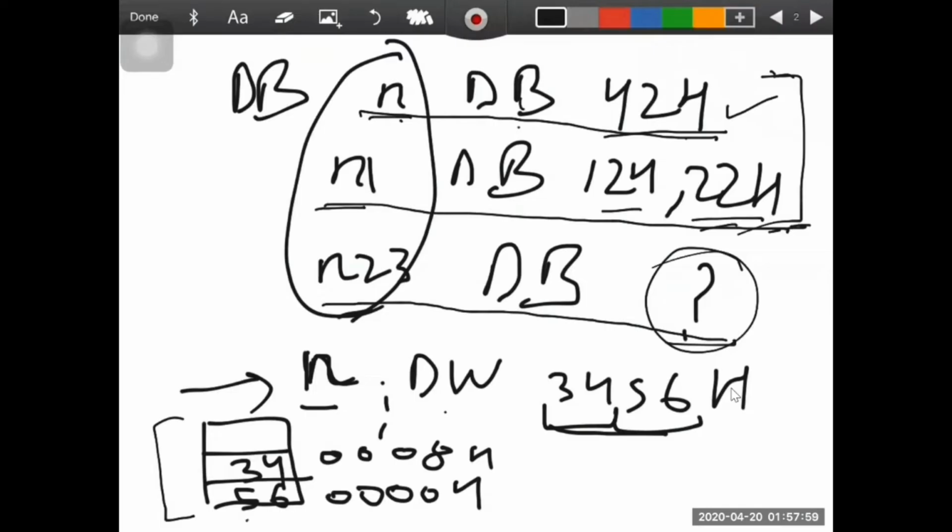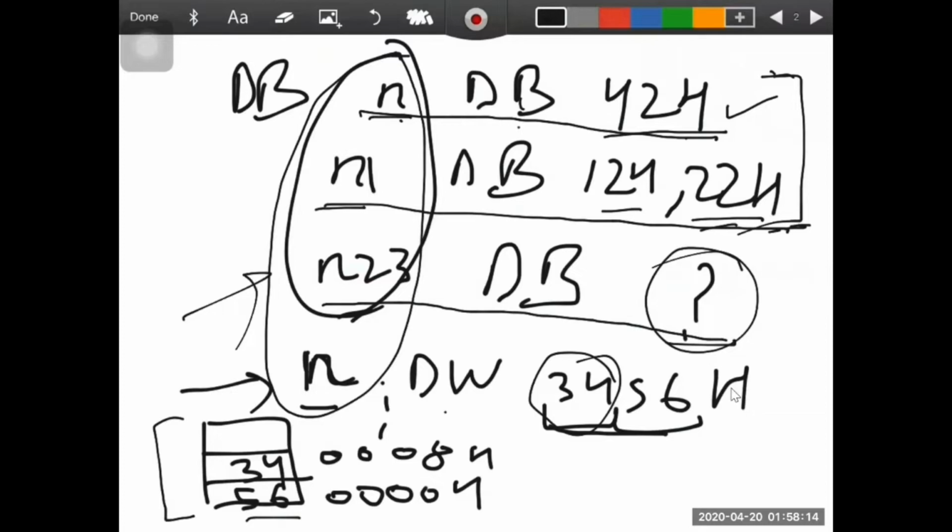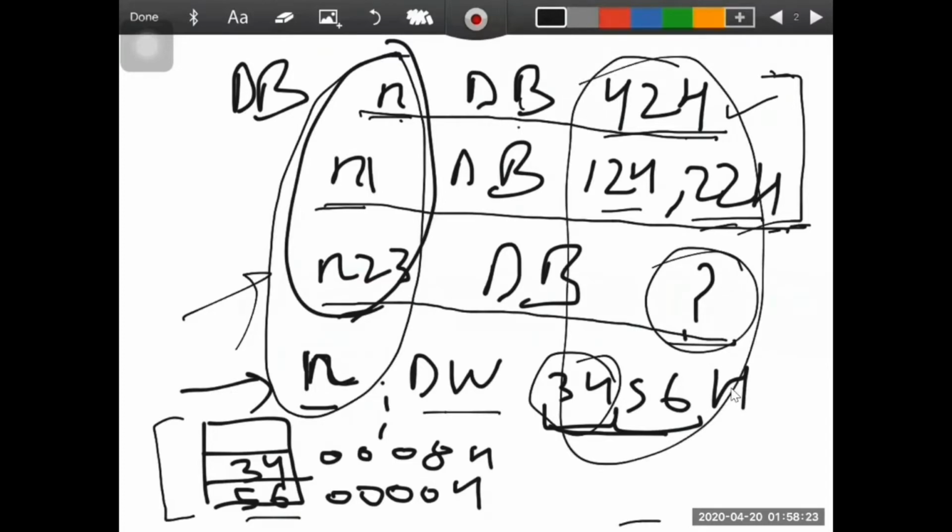So 56 will be stored at the lower memory location. After that, incrementing, we will store the next byte at the next memory location. The point to be noted is that all these things, N1, N, N2, N3, are the variables. Clear? Similarly, if we have to allocate more memory locations, then we can use DT for 10 bytes, or DQ, or define double word as per the requirement.